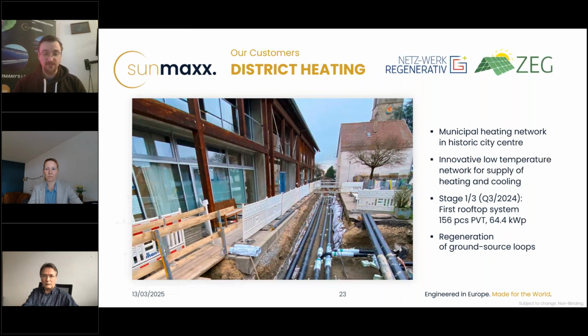Even for district heating, that is useful. As you can see here, this is a low temperature district heating system we are using. PVT on 3 different roofs in combination, like I said before, with an earth probe field, and with that we can also deliver the heat from the roof to different buildings everywhere in this district.